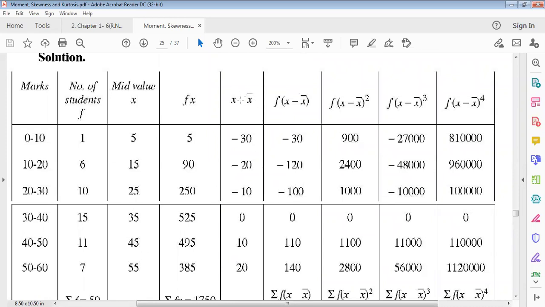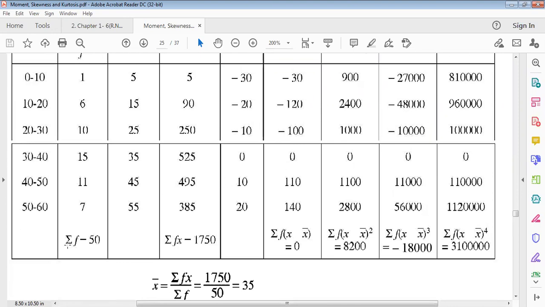There is actually a minus missing for a typo here, x minus x bar. Multiply x minus x bar with the frequency. This is the fifth column; multiplying the fifth column with the frequency column, we get this. The fifth column whole square, individually squared and multiplied with the frequency. Taking the power cube of the fifth column values, then multiplying with the frequency column, then taking power 4 and multiplying with the frequency column, we get this one. Now taking the summation, we get this last row.